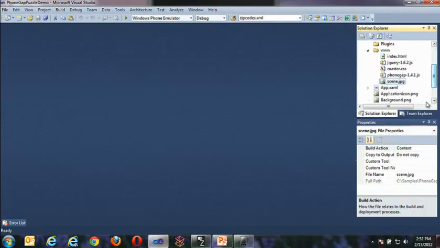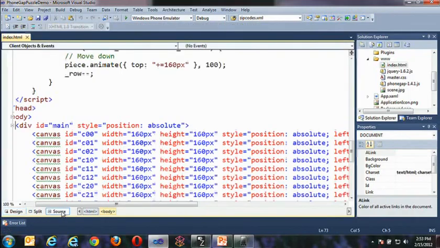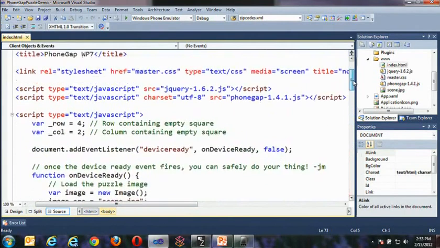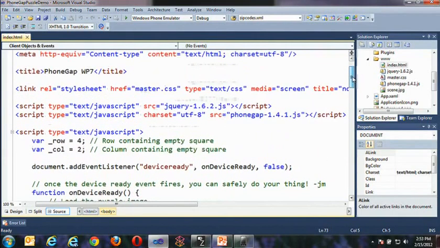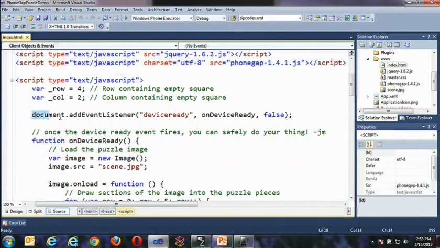In addition, I've brought in the jQuery file because you saw that this application does use jQuery. And Visual Studio created index.html for me. Initially, it was pretty empty. I basically took that JavaScript and HTML from the other project and just copied it over. This file is almost identical to the one you saw in the previous project, except for two things. Number one, notice that I am including PhoneGap.js. And number two, and Visual Studio actually generated this line of code for me, by the way, we're registering when the application starts up